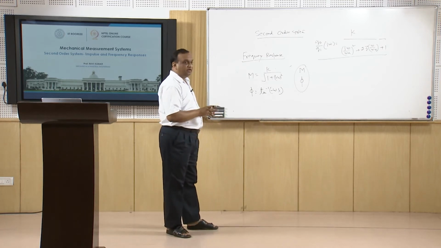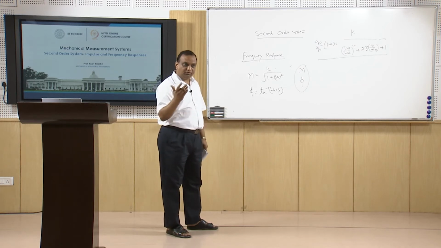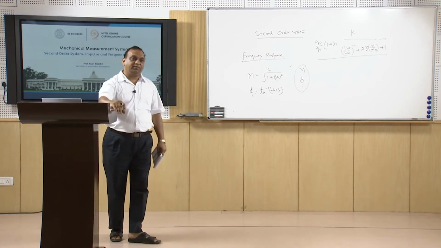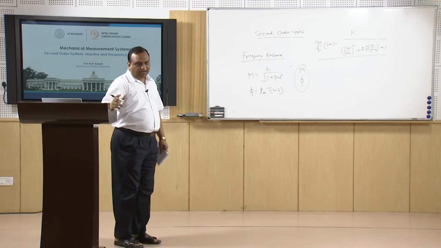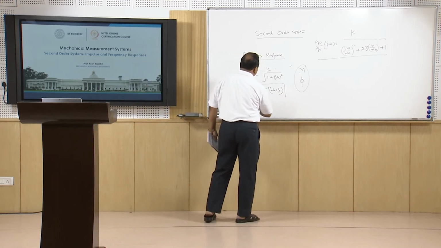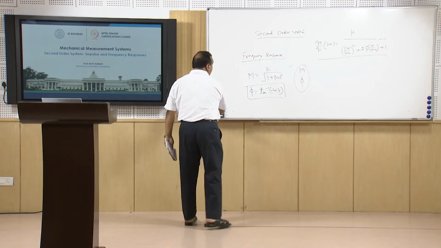So a well-designed instrument replicates the input, the output of the instrument, or measurement by the instrument, can be a mirror image of the input, but it can have a certain amount of phase lag and that can be taken care of by certain compensations, right? Now here the amplitude ratio